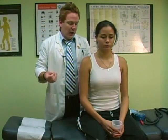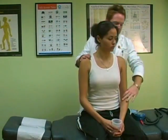It's the parasympathetic nerve, and a lot of times people come in really stressed out, under a lot of stress, and they can't relax. By treating this nerve, if indeed she shows up, which we don't know yet, we can actually get her to heal a lot faster. So what we're going to test is, let me have this arm,